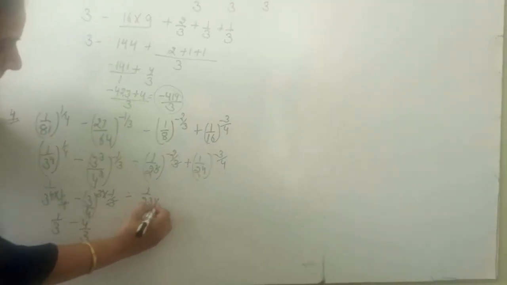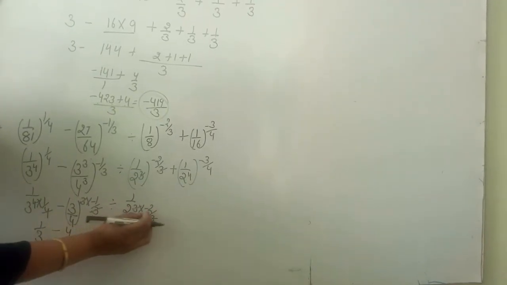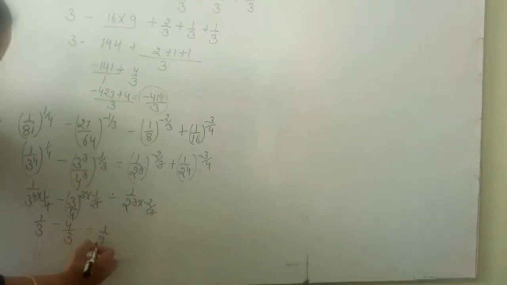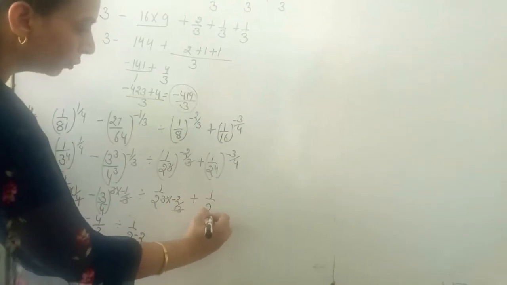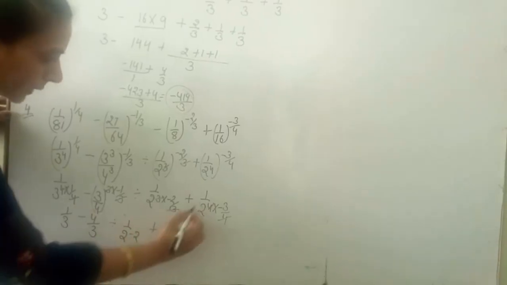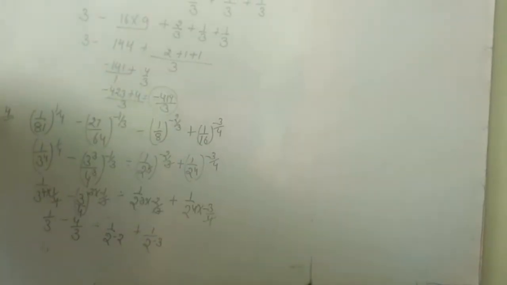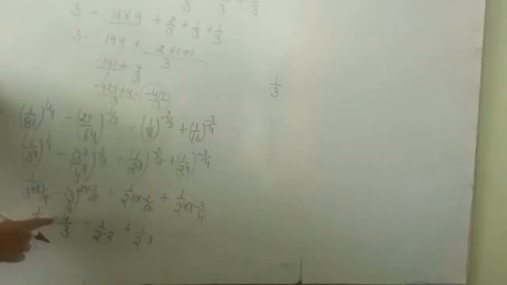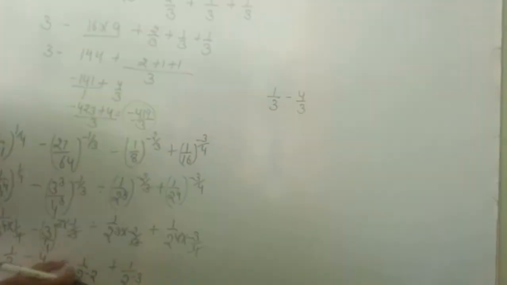Okay. Divided by (1/2) raised to the power 3 multiplied by -2/3, the 3 cancels, then 2 raised to the power -2. Okay. Again plus (1/2) raised to the power 4 multiplied by -3/4, the 4 cancels, then plus (1/2) raised to the power -3. Okay. Again we write 1/3 minus 4/3 divided by